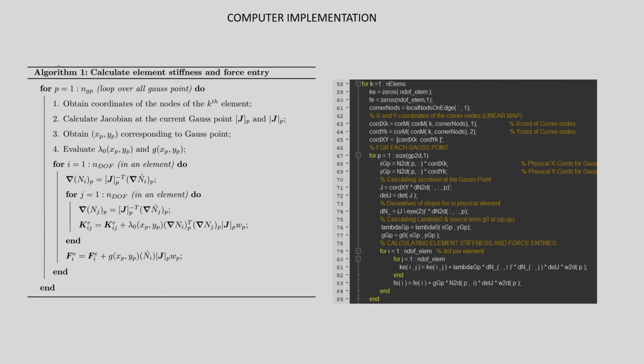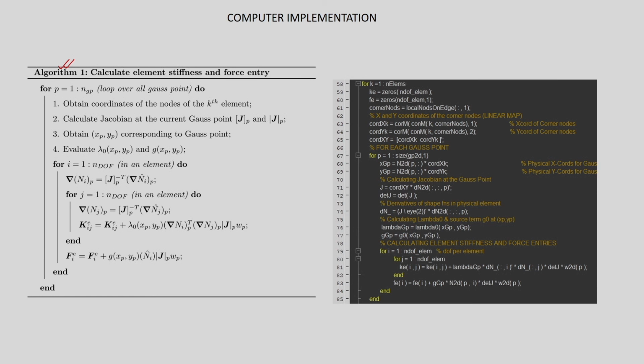Let us look at the algorithm that is given at the left. First, we will loop over all the elements, which I will show in the whole code. Everything inside is what we are now describing.